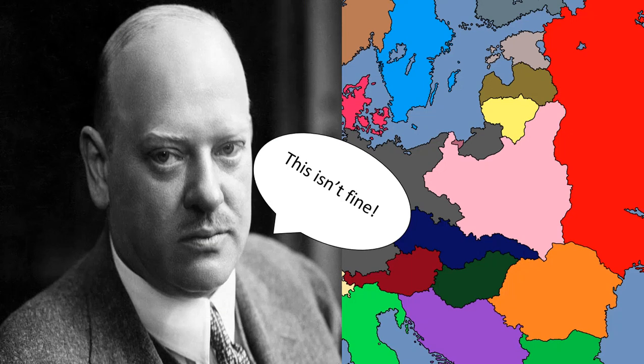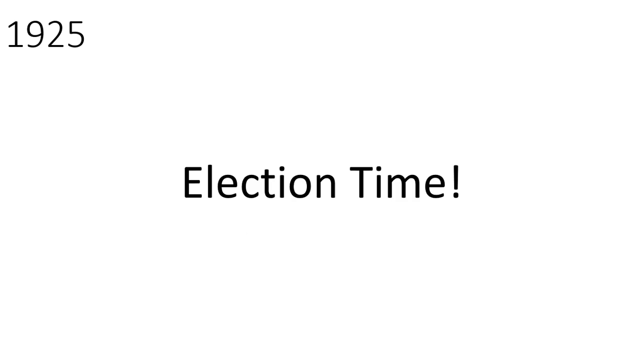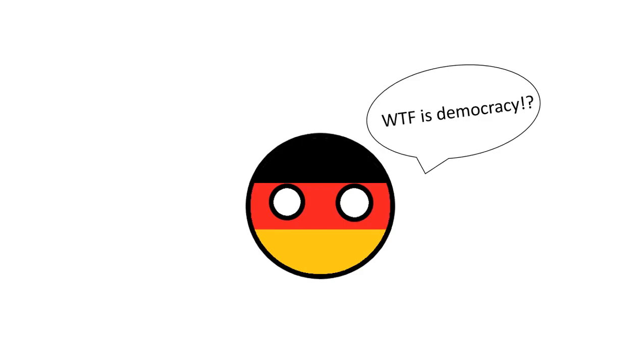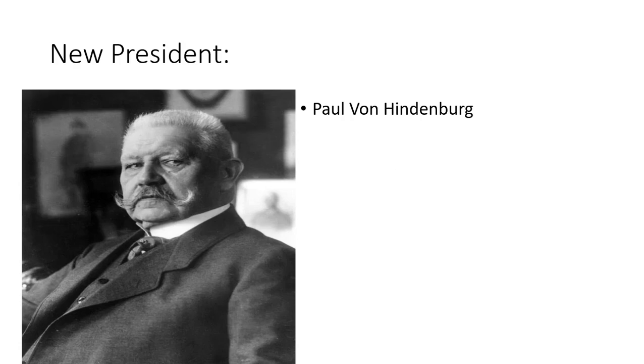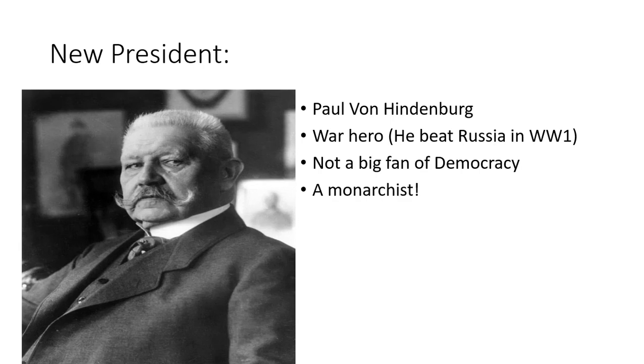So back to the government. Oh, Ebert died. So in 1925, the German people got to elect a new president. Now here's the problem. At this point, democracy was still a relatively new concept to most German people. So many just voted for people who were either A, popular, or B, promising to bring back the good times. So since this is the Weimar Republic, you'd expect them to elect someone who was pro-democratic and a Republican. But no. The Germans elected Paul von Hindenburg, an old war hero who wasn't the biggest fan of democracy and was also a monarchist. But hey, 0 out of 2 isn't bad.